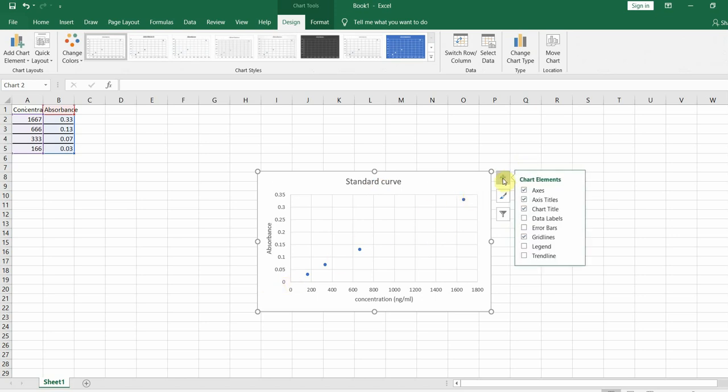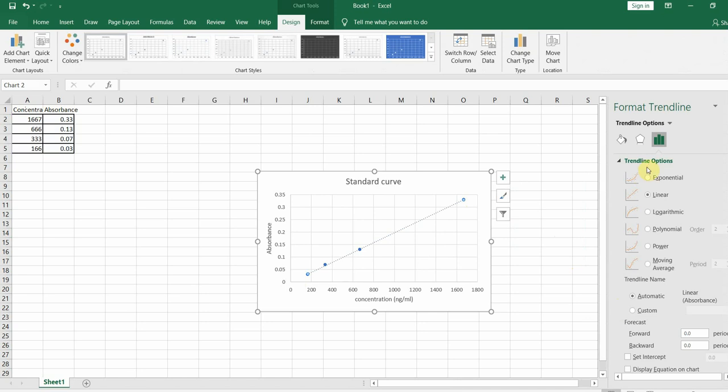So what we can do is go to the plus sign, then here this trend line is visible, right? Don't click on this trend line, just go to this section which is showing the arrow, extended arrow, and choose those more options. Once you go into the more options, in this chart portion there are 3 options available: fill in line, effects, and trend line options. Go to the trend line options.